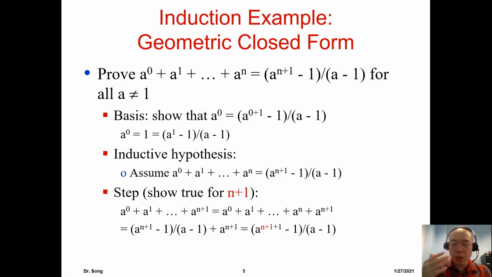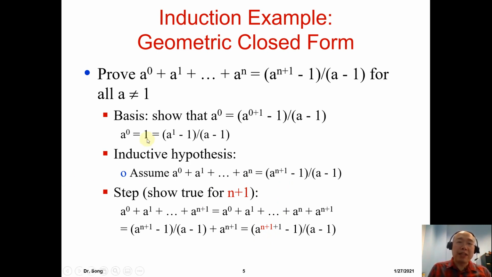So how do we show that? So that part is a to n plus 1 plus 1 again, minus 1, divided by a minus 1. Okay, so what is that? If this part is Sn, now what is this part? Sorry, if this part is Sn, this part is Sn plus 1. Okay, so from Sn we are able to prove Sn plus 1, and then our work is done